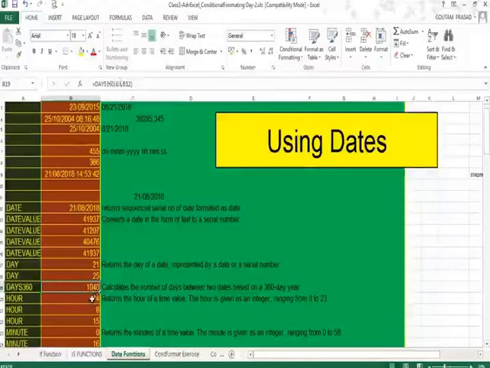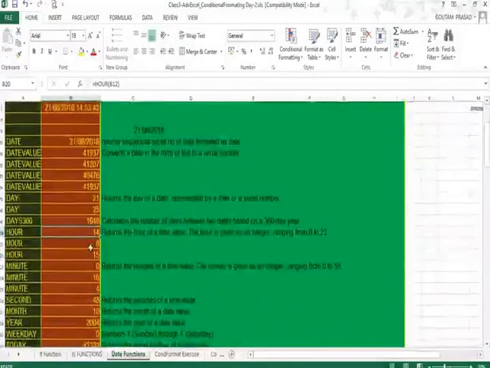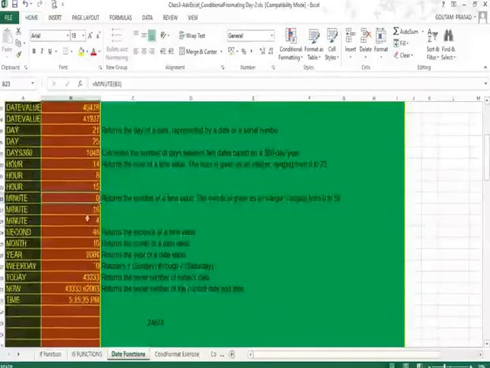Please remember. HOUR is a function which takes out the hour part of the time. Similarly, MINUTE is a function which takes out the minute part of the time, maybe from the date also. And SECOND is a function which takes out the second part of the time.